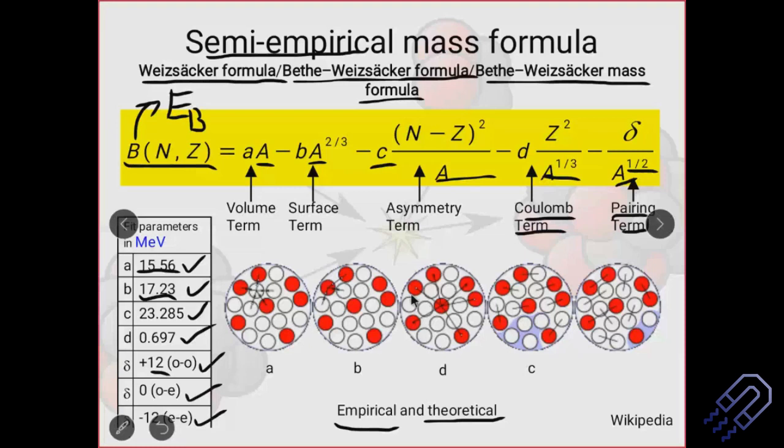So between every positive charge, there will be a basic repulsion, okay? That will be nothing but the Coulomb term. So inside the nuclei, if there is any kind of repulsion, that is definitely going to reduce the binding energy, or in other words, it is going to reduce the stability of the nuclei. So if stability is reducing, that means we are subtracting that part, okay? So we are going to subtract the Coulomb part.